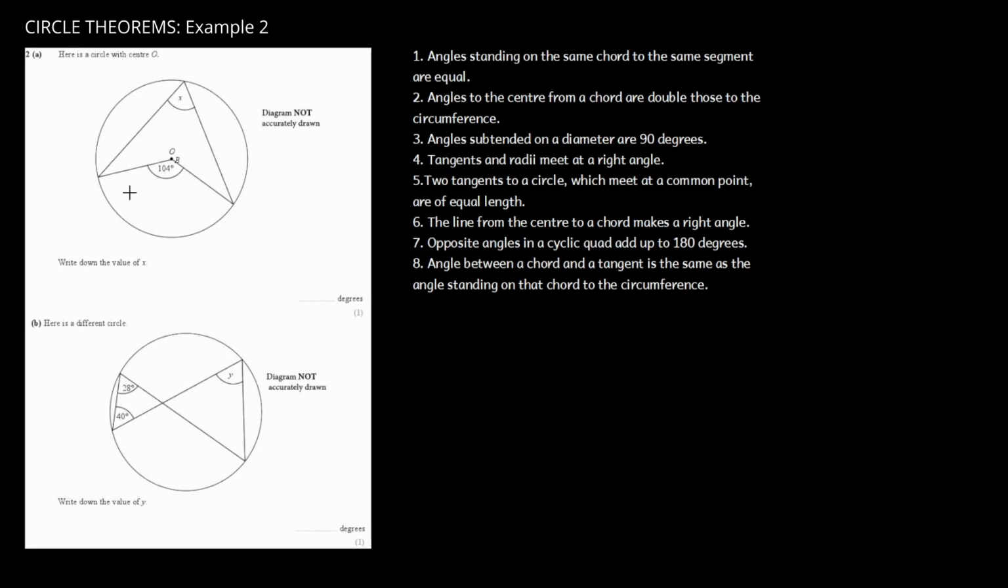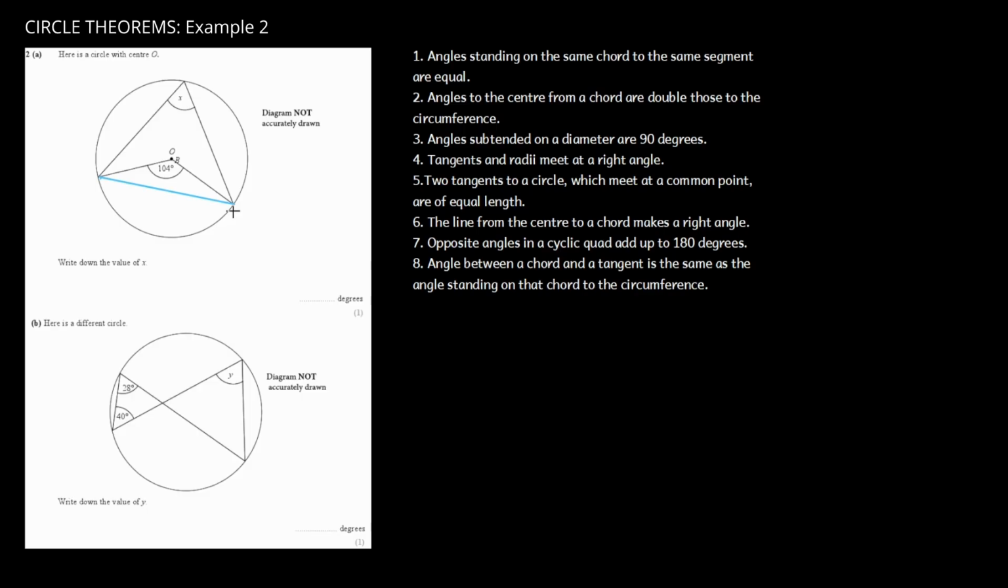The first diagram shows us a circle, and we've got an angle to the center and an angle to the circumference. Effectively, those angles are standing on the same chord, but that chord is not drawn. It's there. And you can now see that we've got an angle subtended to the center and an angle subtended